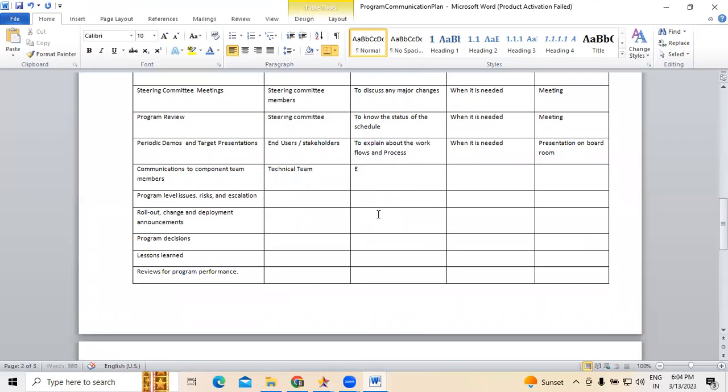Explain in detail the list of components that are being used. Next, this is when it is needed. I'm just mentioning it when it is needed. Next, this is a meeting we are going to conduct: program level issues, risks and escalations.